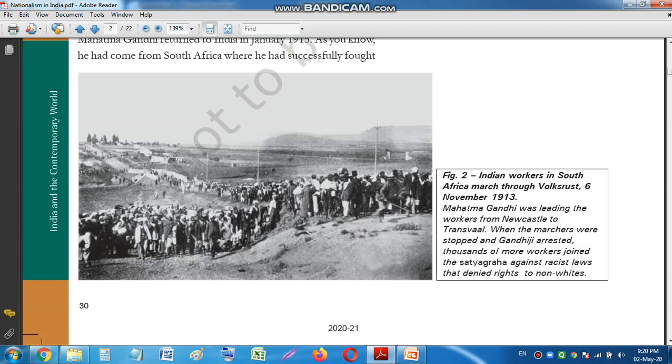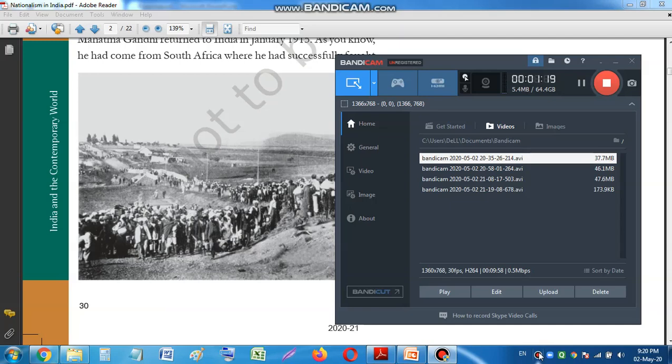Now suppose you want to get this particular screen only, you want to use this image from the book, from the PDF copy of the book that you are having. You want to use this image only, or you can download similar images from the net also, Google also. So I am going to show you how you can select this area only from the screen, and it is very easy. You can see over here, there are many options. Let me show you.